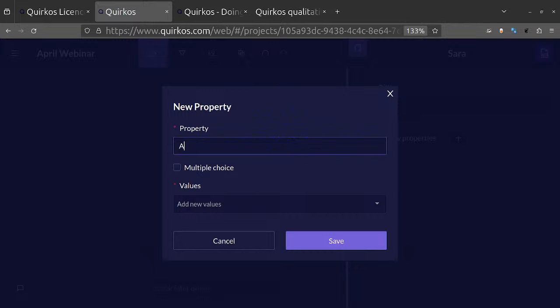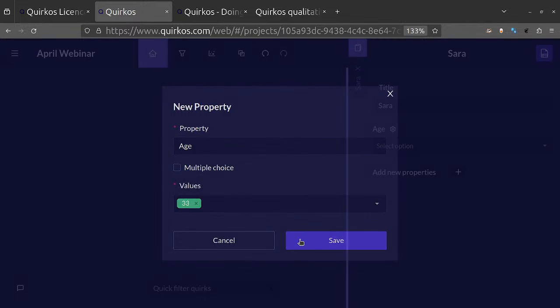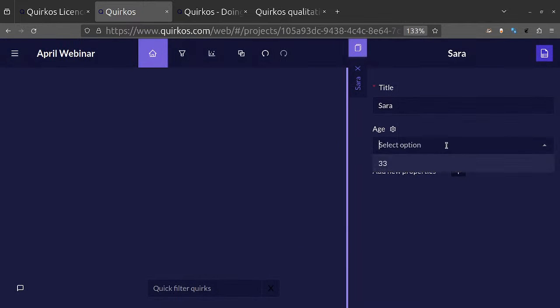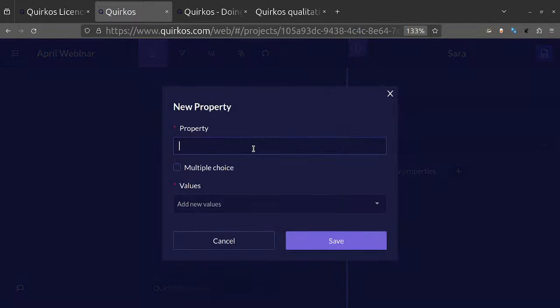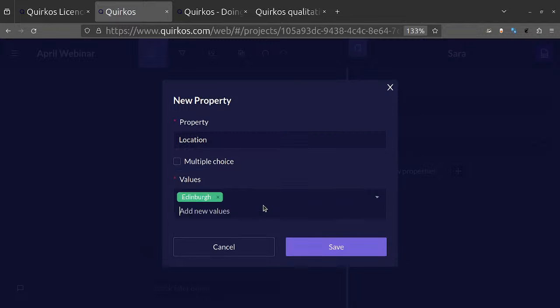A common one here might be age, so we could say this person is 33 years old, and then we've got that option here to say that they're 33, or we can type in a new value like 45. We can also have as many properties as we like, so we might have location as well. We say this person might live in Edinburgh. Other locations are Glasgow,